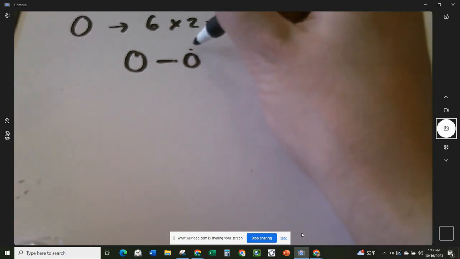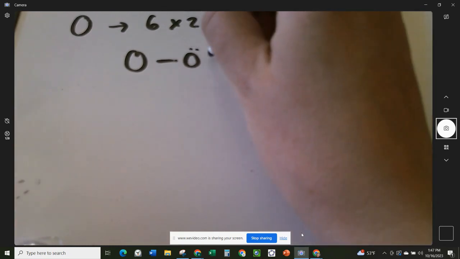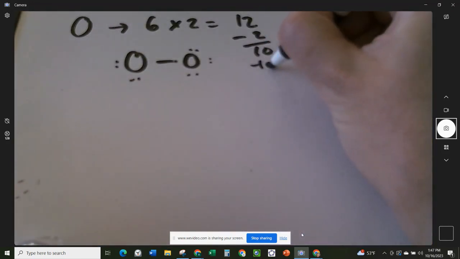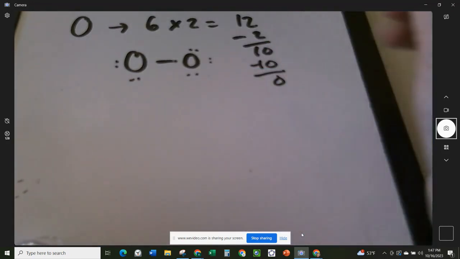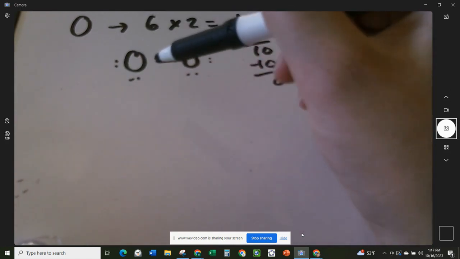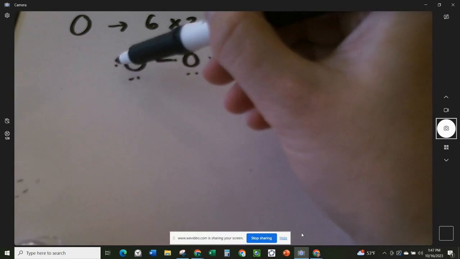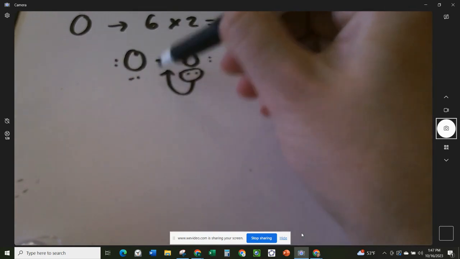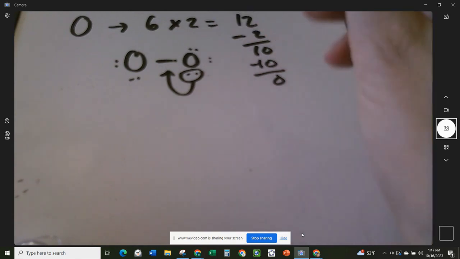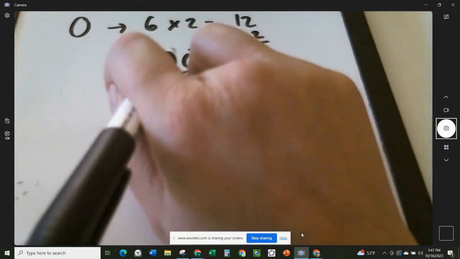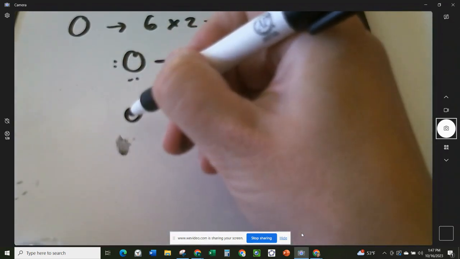I'm going to start by putting them around one oxygen. So 2, 4, 6, 8, 10. We've used up all 10 electrons. The other oxygen doesn't have enough valence electrons around it. It only has 2, 4, 6. So we're going to make this oxygen share a pair of electrons, a lone pair, with the other oxygen. So then if we draw this,